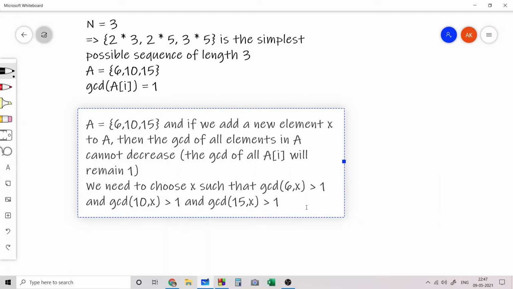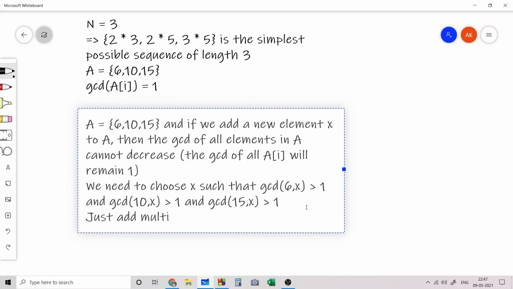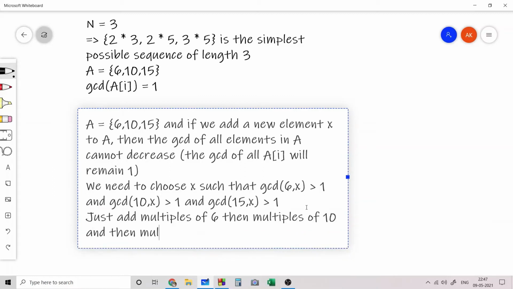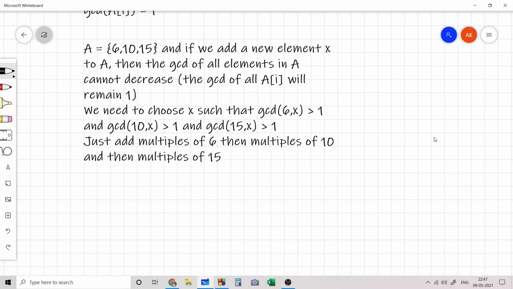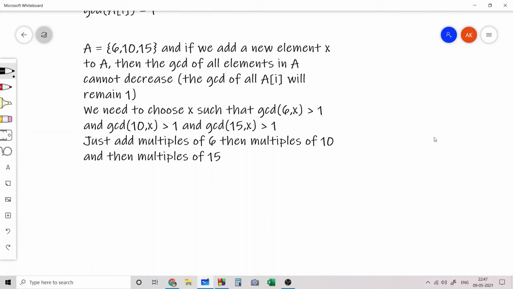The simple way would be to add multiples of 6, then multiples of 10, and then multiples of 15. If we keep adding multiples of 6 to our set A,